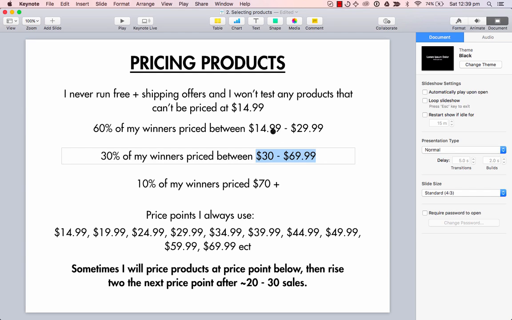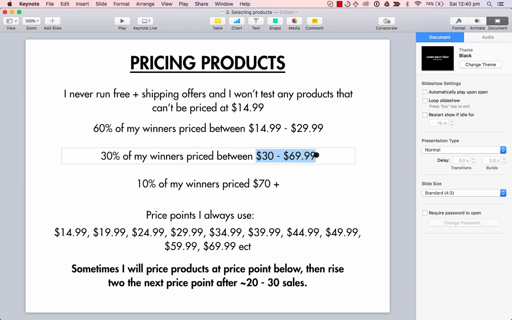I like people just going straight to the product page and then going straight to purchase on their first visit. Usually when you've got products priced from about $30 to $69.99, I start to get a lot more of my sales through remarketing, whereas between these two price points, literally like 90% of my sales will come from the first visit. So this is why I like this the best, because nearly all the sales are from the first visit, right? So when I've priced items this high, I can see in my Google Analytics that they